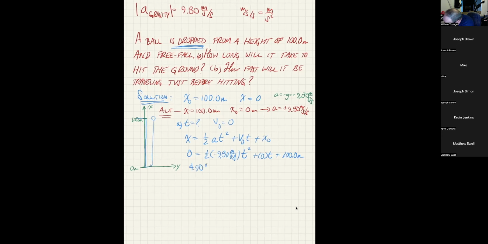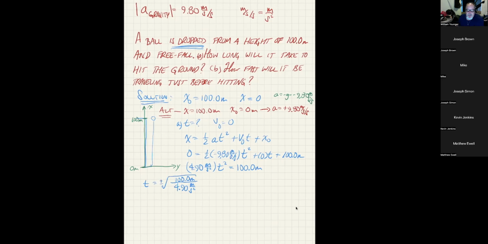4.90 meters per second every second times t squared is equal to 100.0 meters. So I can divide both sides by 4.90, and I get t is equal to the plus or minus square root of 100.0 meters over 4.90 meters per second squared. Now I'm going to write it as meters over second squared because algebraically, that's a really wonderful thing